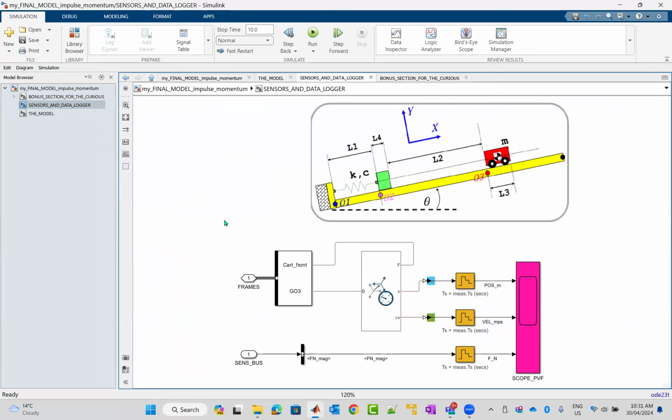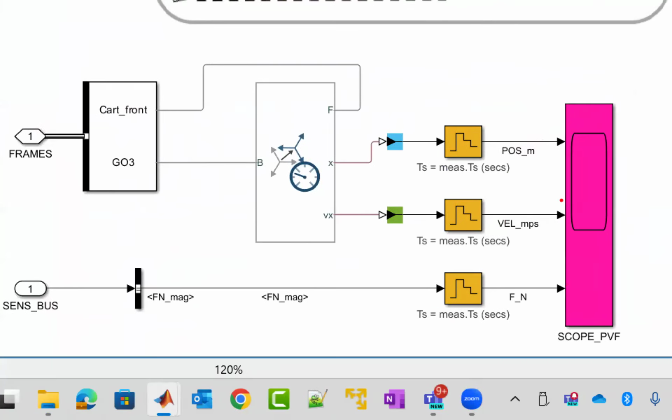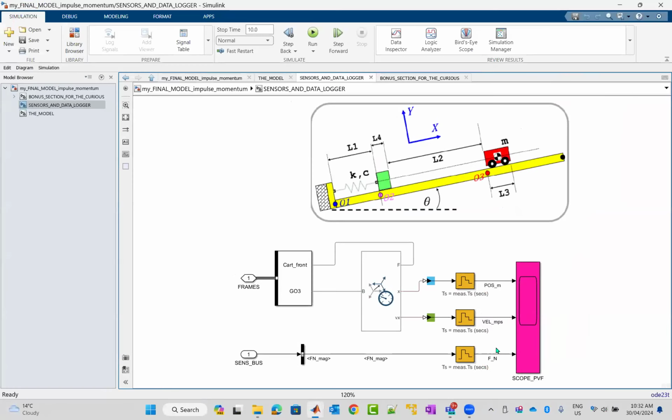This sensors and data logger system has an oscilloscope that after we run our simulation, we'll be able to view the position and velocity of the red cart as it varies over time. And more importantly, we'll also be able to view the impact force exerted by the stopper onto the red cart. But look, first things first,